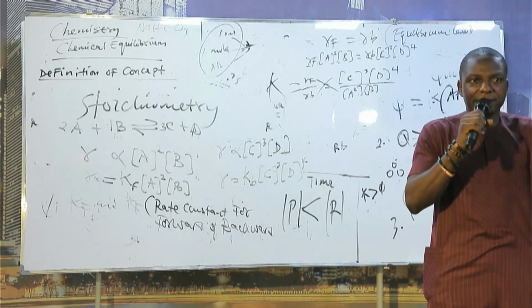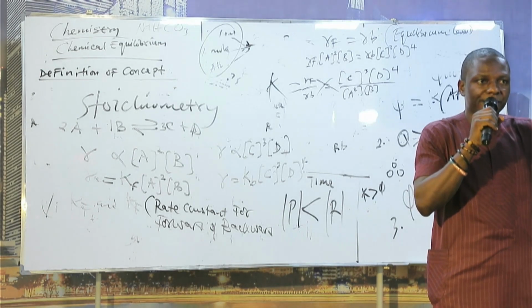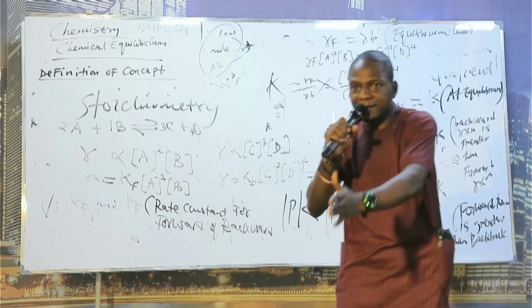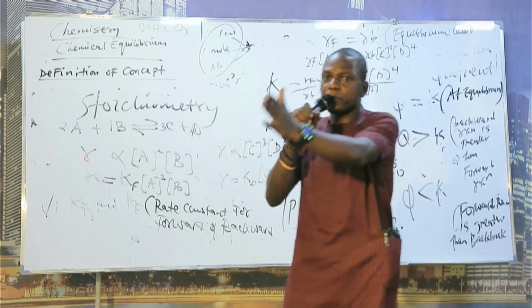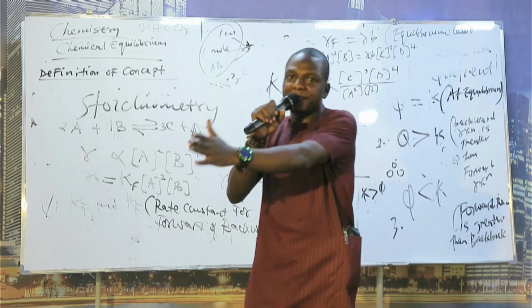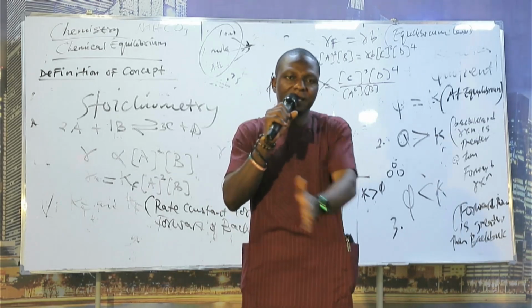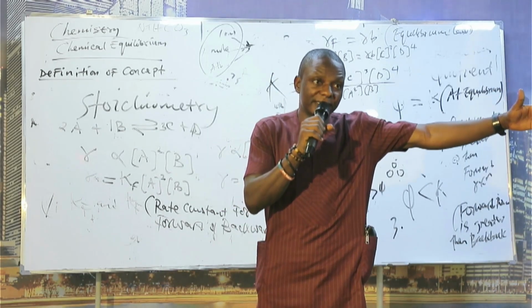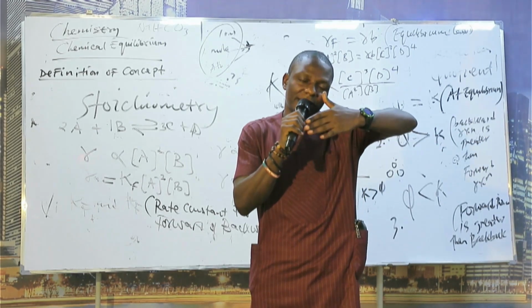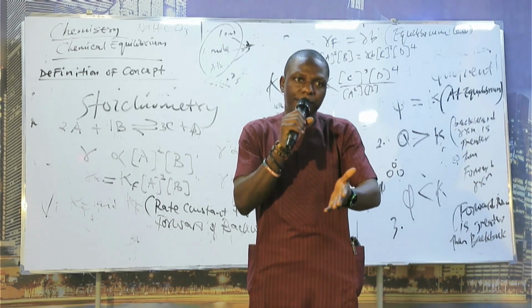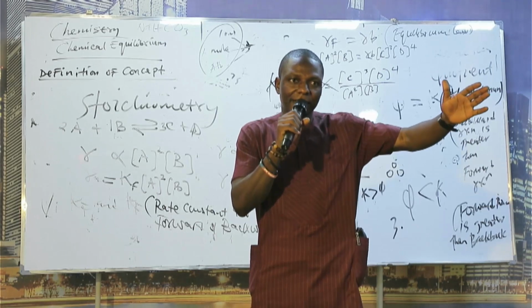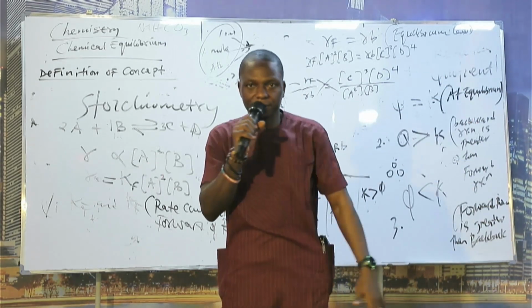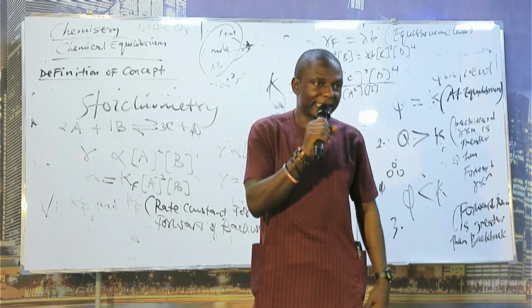You don't just jump into it. Start from vowels, consonants, syllable, then stress. After stress, then rhyme. After rhyme, metrical sequence, meter. If you don't know vowels, you can't know syllable. So let's start with vowels so that we can get to syllables and then stress. Is that not okay?